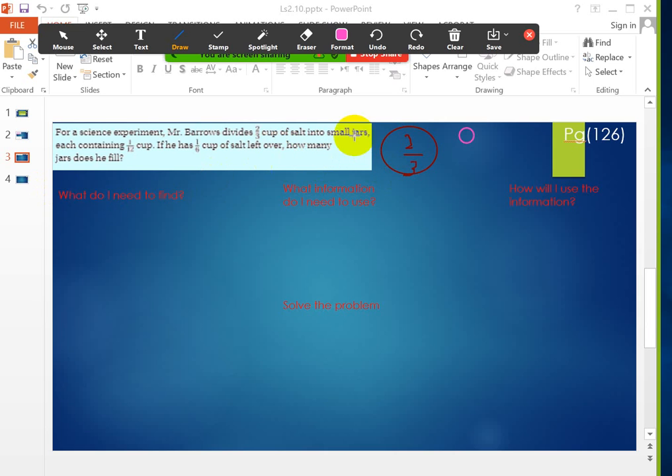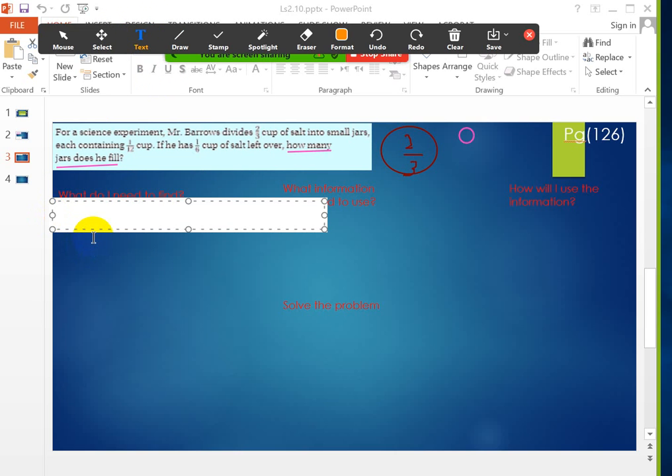So the question is, how many jars does he fill? So this is what I need to find. If I want to write the answer, I need to find how many jars